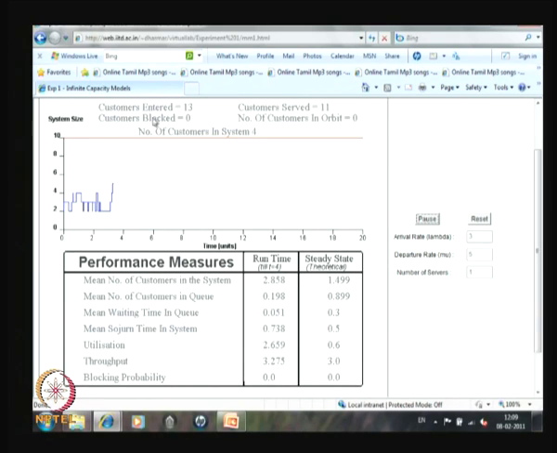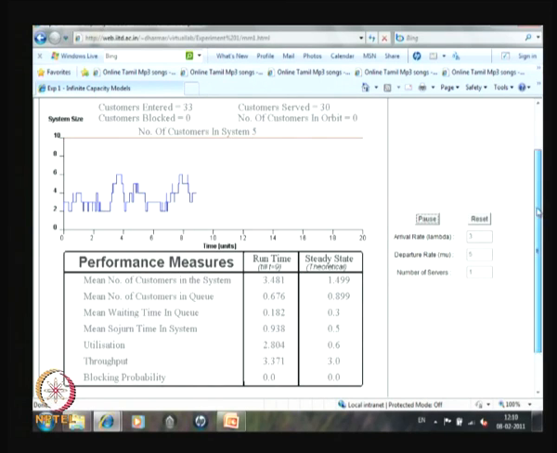and here the information is how many customers entered till this time, that is 15 customers entered, and nobody is blocked because it is a MM1 queuing system, therefore all the customers who are entering will be queued. It also shows how many customers are served during this time, and the number of customers in the orbit. This has nothing to do with the MM1 queue, this is for the retrial queues. And now, how many customers are in the system at this time,